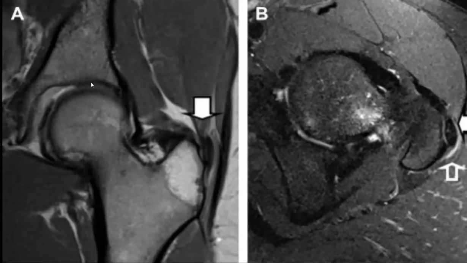So here we have the hip joint again. There is the coronal T1 weighted images, fat is bright. You can see some thickening of the gluteus medius tendon. When we look at the fluid signal sequences, which is the one on the right, B, you can see this is an axial image, and let your eyes be drawn to the fluid. There's fluid enveloping the gluteus medius tendon,